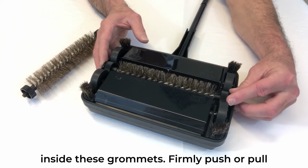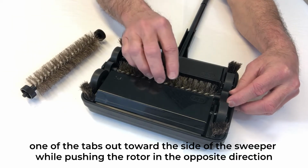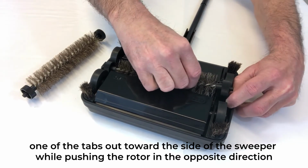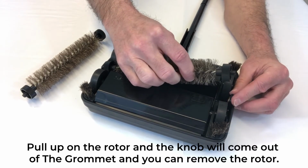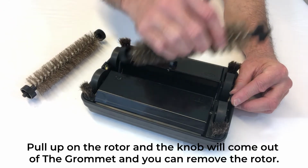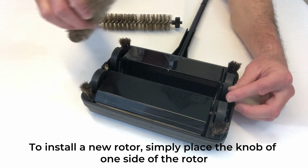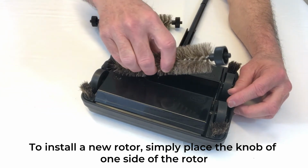Firmly push or pull one of the tabs out toward the side of the sweeper while pushing the rotor in the opposite direction. Pull up on the rotor and the knob will come out of the grommet and you can remove the rotor. To install a new rotor, simply place the knob of one side of the rotor in one